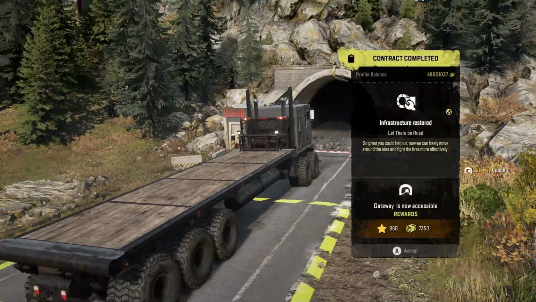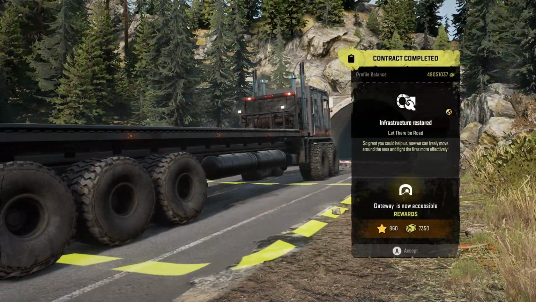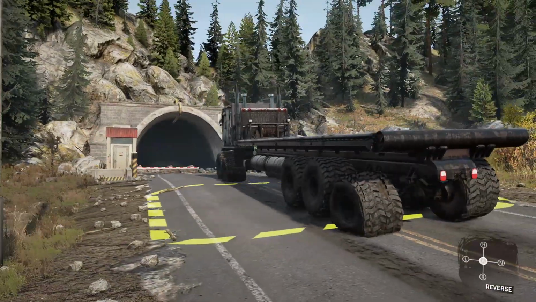Boom! Let's go! Let there be road! So great you could help us out. Now we can freely move around the area and fight the fires more efficiently. The gateway is now available. And not only is the gateway now available, but we need to take this